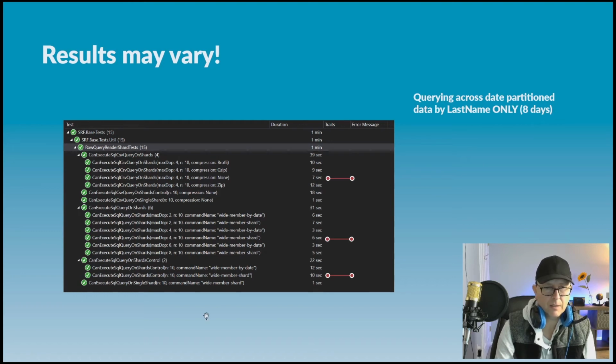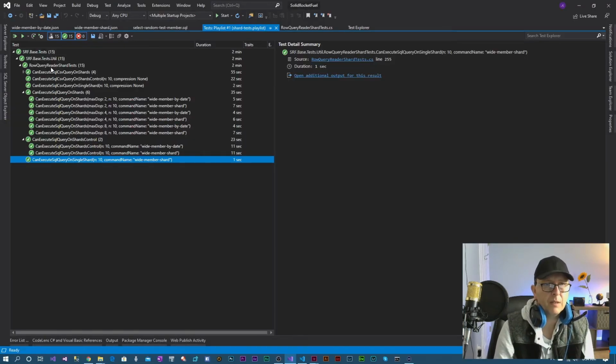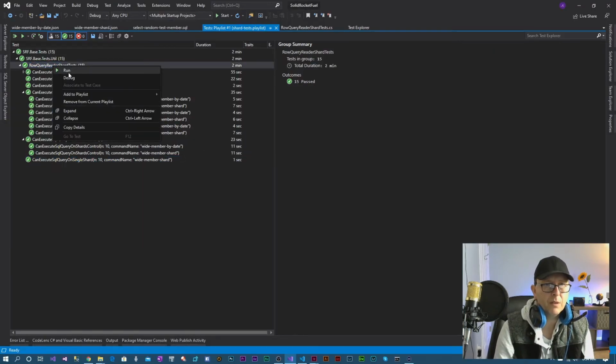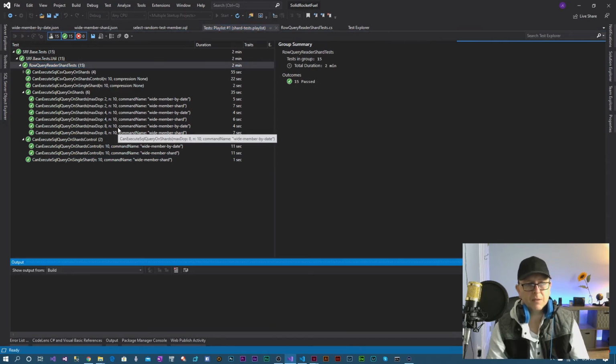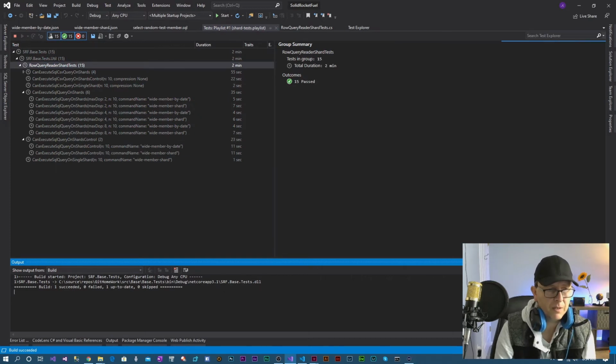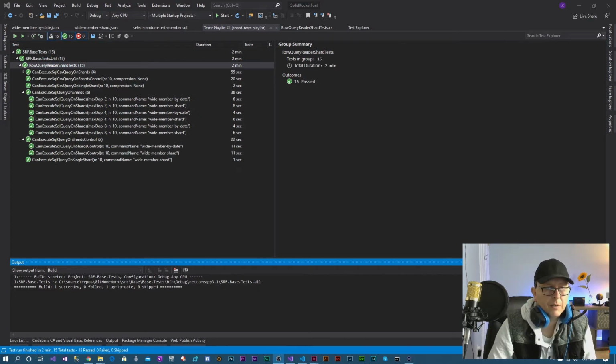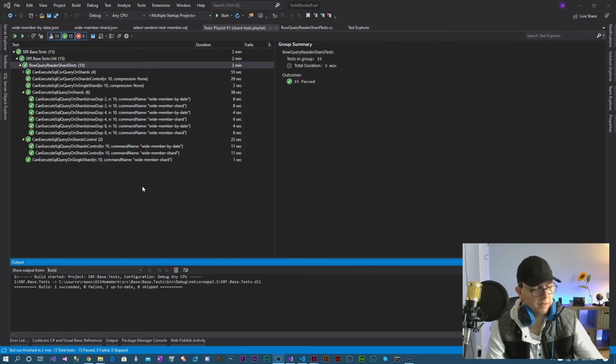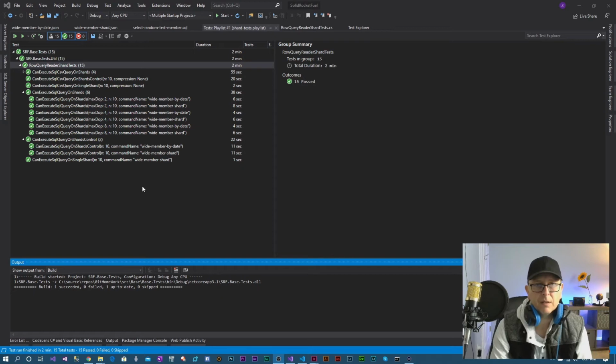Let's go ahead and actually just do a run through just to make sure that we're getting similar results. We'll bring over another set. We're going to run all of these, and I will be back in just a moment or two because this is going to take probably 2 minutes to run all of these, and you don't want to sit here and watch my computer spin. All right, so now that this is actually completed,